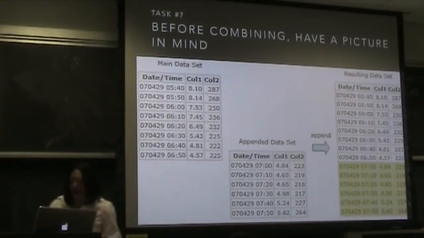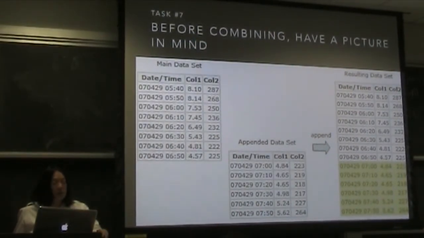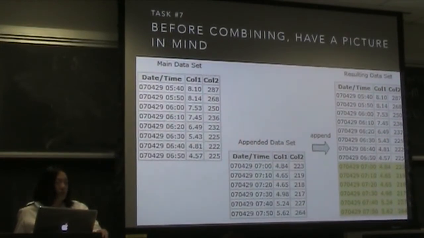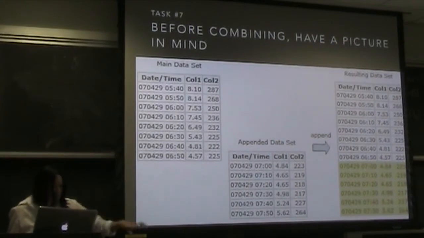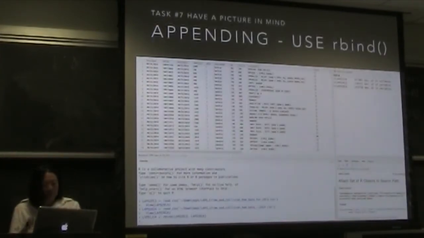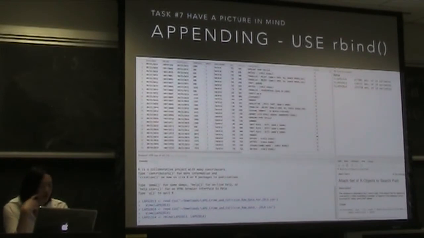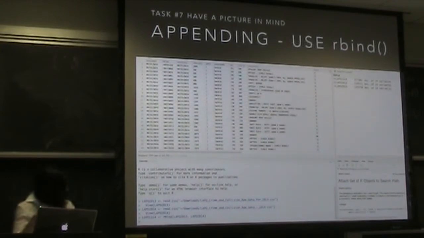Let's look at an append, because I don't know what form your data will take. The other thing you might do, and if I have time I'll talk about it at the end, is cut up your data set and then recombine it in this manner, cutting it up by row, maybe 1 million rows per data frame. Use rbind. That works really well for me. So let's see what I have here. I'm showing you what the data set looks like as a result. It's not really useful. What I want you to see is down here.